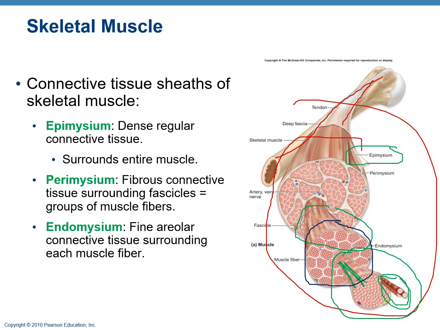Okay, so perimysium are the bundles of connective tissue that surround fascicles, fascicles being bundles of these muscle fibers. And then endomysium, remember endo is within, is the very fine areolar connective tissue that surrounds every single individual muscle fiber. Okay, so perimysium is going to be this right here, surrounding an entire bundle of muscle fibers, fascicles, where